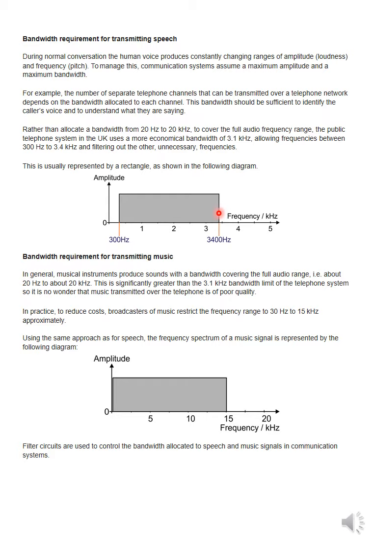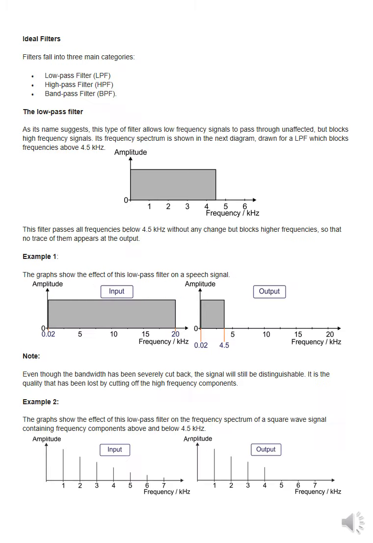So when we are saying that we want to transmit within a particular range, we need to restrict the information within that particular frequency range. So we need a filter. Suppose we want to transmit between 1 to 3 only, then we have to use a filter which goes from 1 to 3 only, and the remaining frequency components it will remove. So this is basically the use of filters.